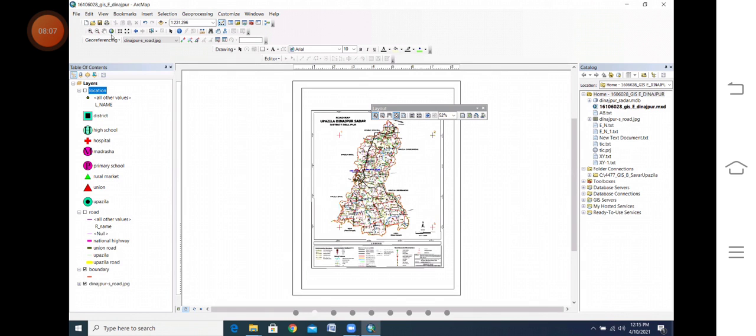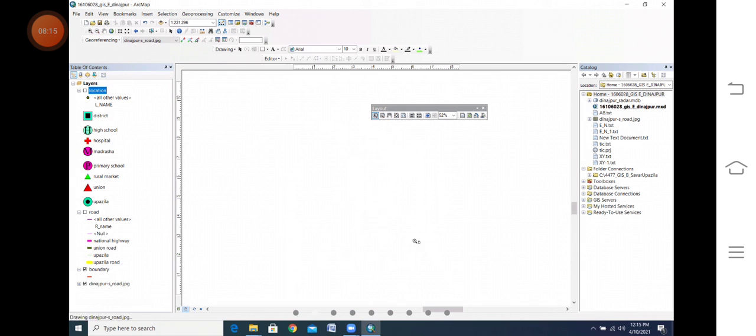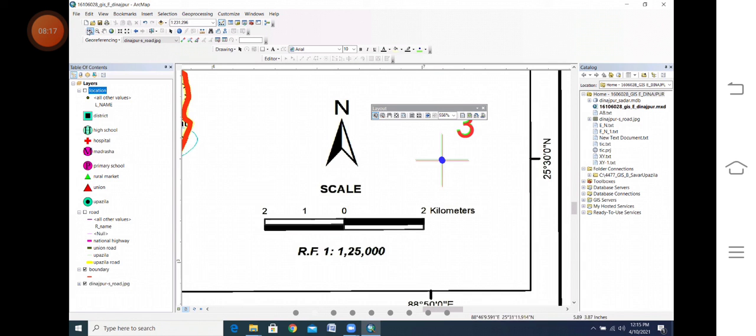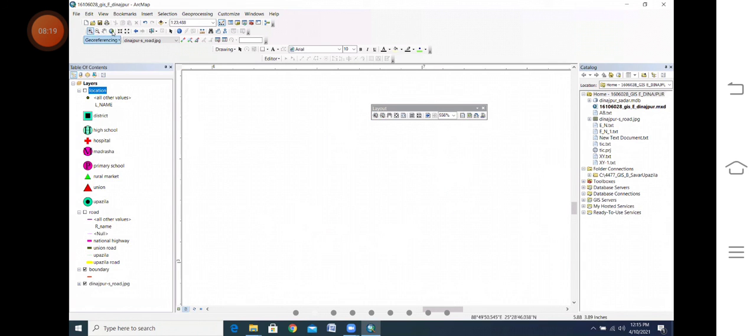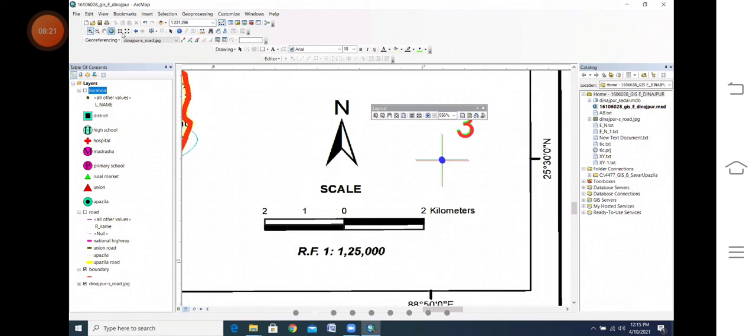But if you select this zoom, you can increase the map. Suppose you zoom it, it will automatically go out of the screen. Look, out of the screen. Full extent.